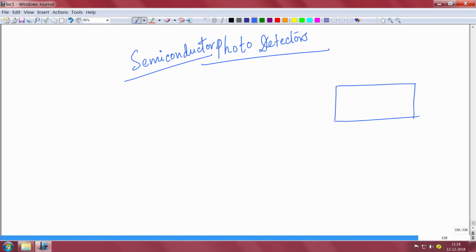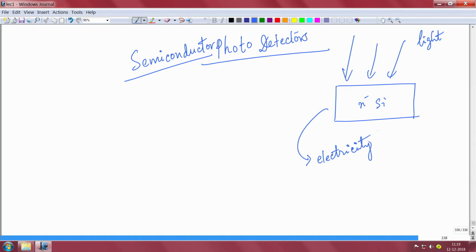And unlike solar cells, which have to be a PN junction with a built-in potential, photodetectors need not necessarily be a PN junction. It can be just an N minus or an undoped silicon also, it can be a solar cell, it can be a photodetector. The difference stems from the fact that in a photodetector, you have light that falls, light of different wavelength, whatever you want, and you want to convert that into electricity. Not for power generation or power harnessing, but you want to sense. You have light that falls and you want to sense that light. The photodetector will convert that into electricity, so by the magnitude of that electricity, you can find out the intensity of the light that is falling.